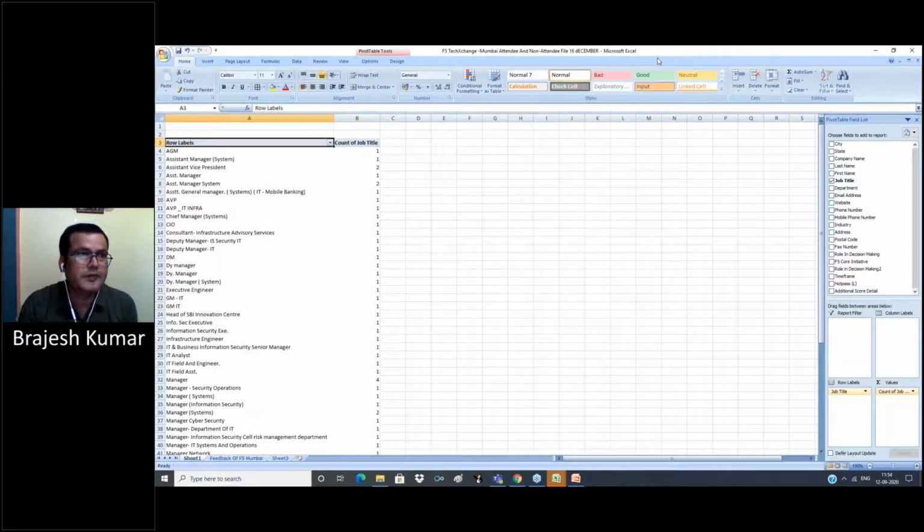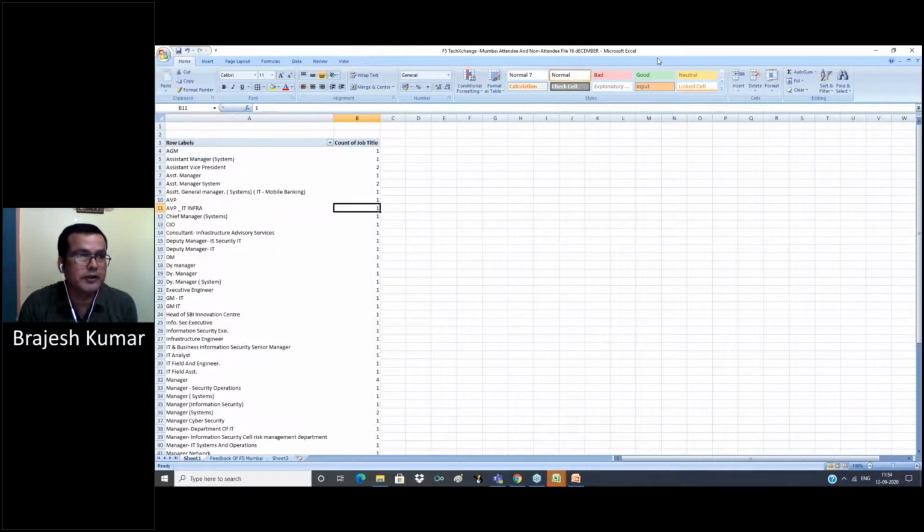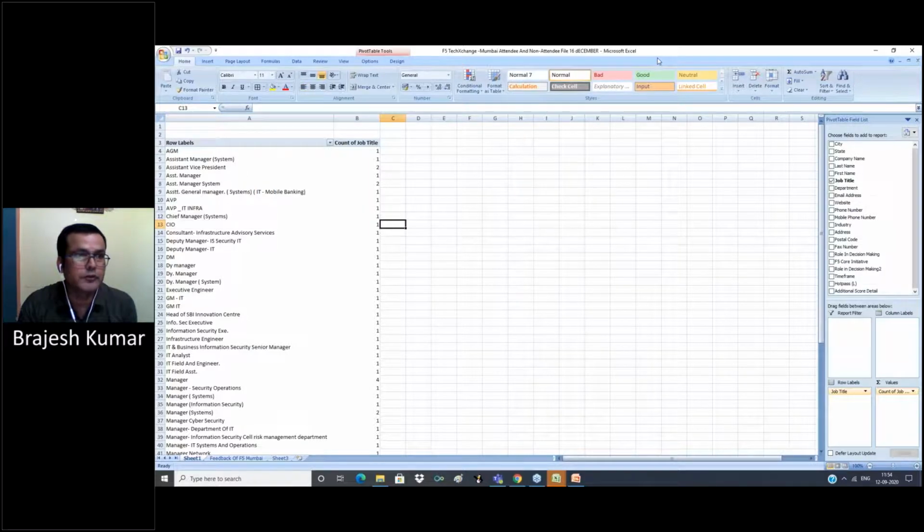Now you can see AGM. How many AGM attended the event? 1. AVP IT. How many AVP IT infra attended? 1. CIO. How many CIO attended? 1. How many GM IT attended? 1. How many managers attended? 4. How many manager system attended? 2. So the pivot table summarizes our data in an organized way so that we can analyze our database quickly,